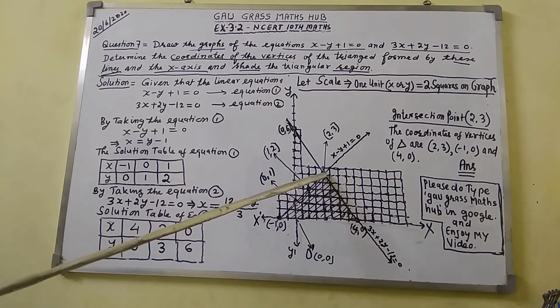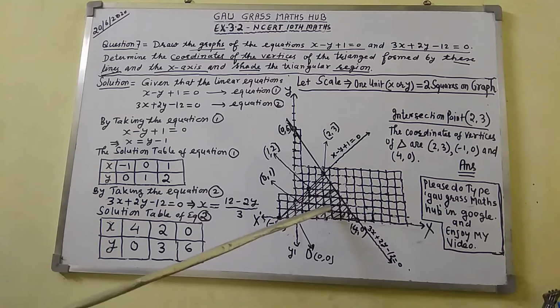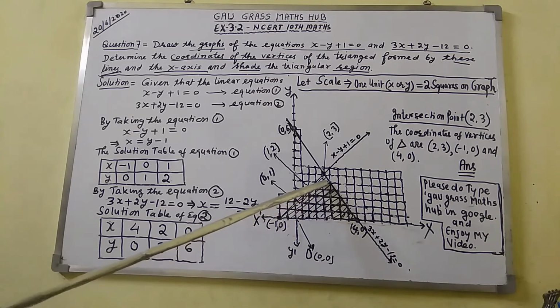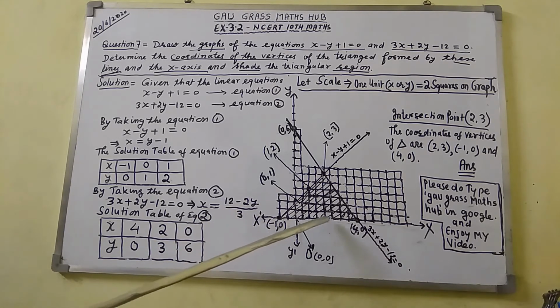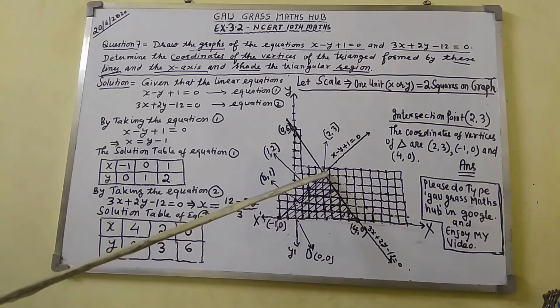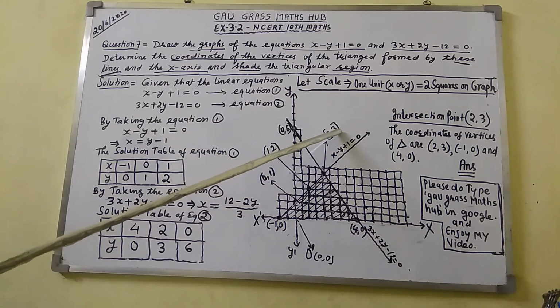This point is there. Now, what will be the coordinates of this point? What to do then? Count the squares on the x-axis. Just count from here: 1, 2, 3, 4. I have counted 4 squares on the x-axis. Accordingly, count the squares on the y-axis: 1, 2, 3, 4, 5, 6. I have counted 6 squares on the y-axis and 4 squares on the x-axis. This means that as per the scale, the coordinates of this point will be 2, 3.